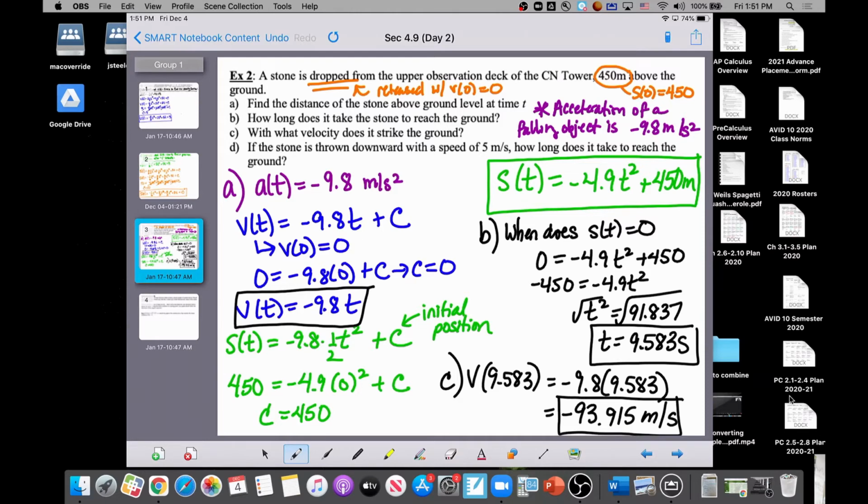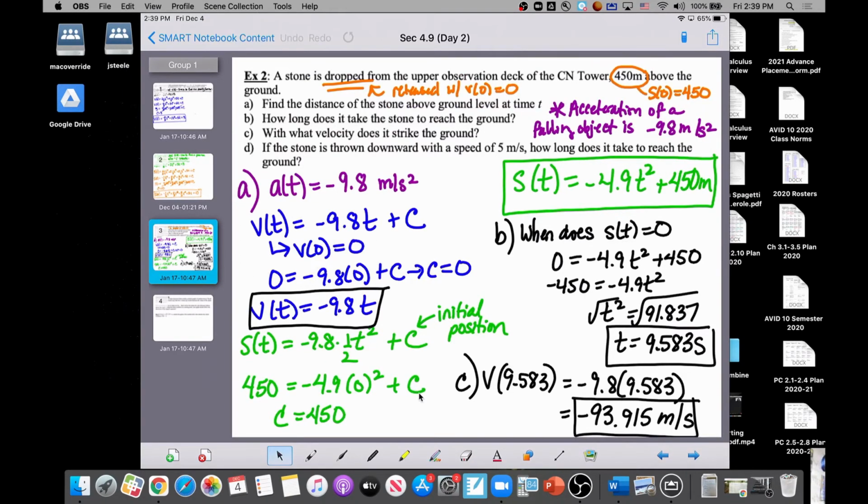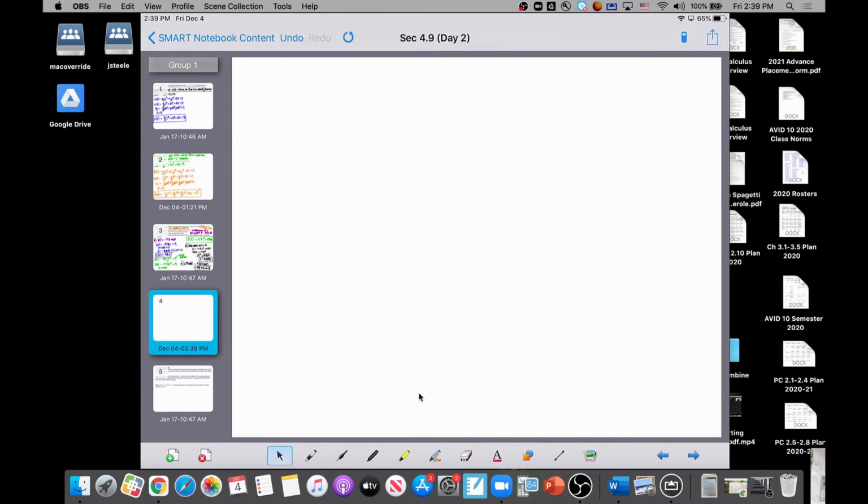So that is the velocity with which the stone strikes the ground. Part D of example 2 asks us to now think about, what if the stone was thrown downward with a speed of 5 meters per second instead of just dropped? Well, obviously, if the stone is being thrown, that is going to change our velocity. So for letter D,